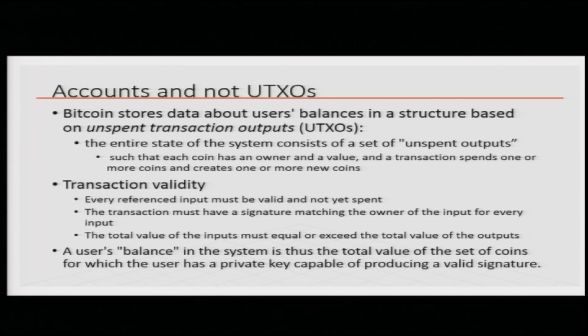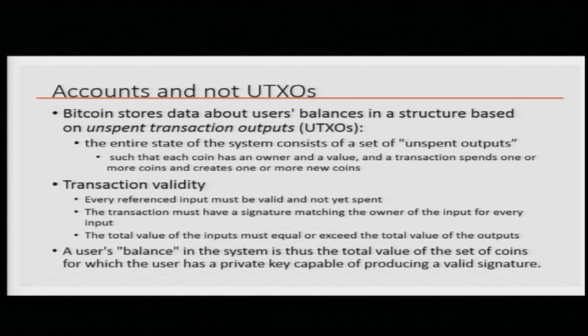So the state of the system is a set of unspent outputs. Whenever you try to make a transaction, the input transaction should come from the UTXOs, right? Because then you know that there is no double spending attempt. Each coin has a particular owner, and as we know in Bitcoin, when you mine a coin, you become the owner, and that mining transaction is associated with your ownership, right? So when you want to spend that coin, you have to use that transaction in which you mined the coin